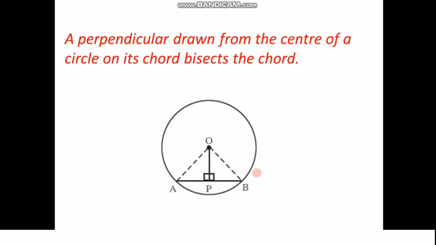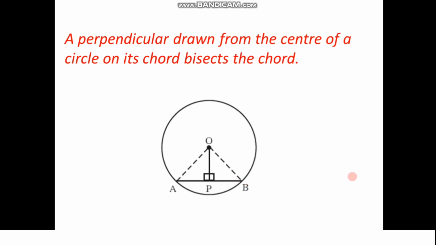So let us have this circle with center O where segment AB is a chord of the circle. Now here, as we can see, OP is perpendicular to chord AB. In this case, if segment OP is the perpendicular drawn on the chord of a circle, by this theorem, this perpendicular OP bisects the chord, that means it makes two equal parts of the chord, that is AP is congruent with PB. Now we are going to verify this property by using GeoGebra.